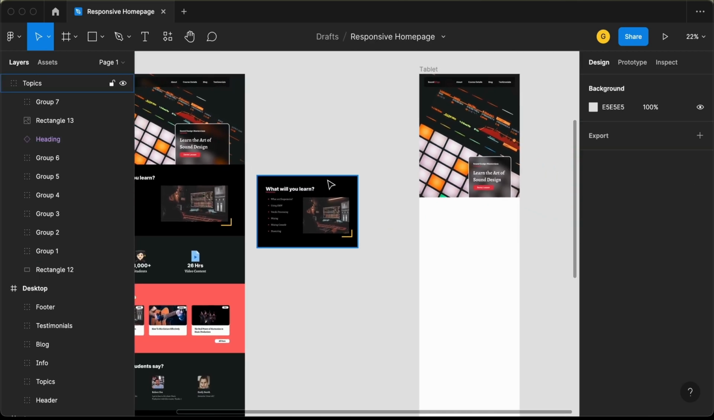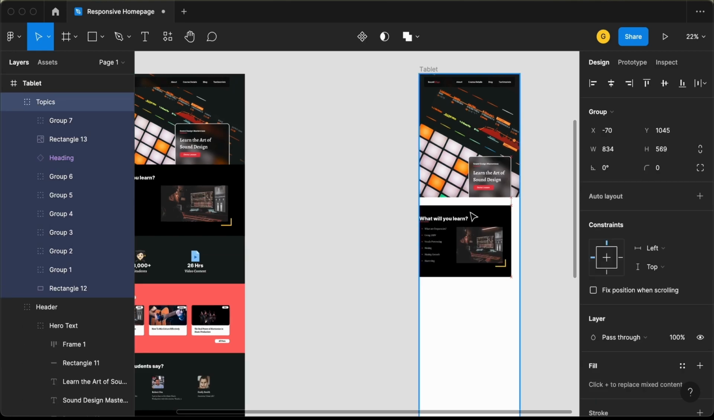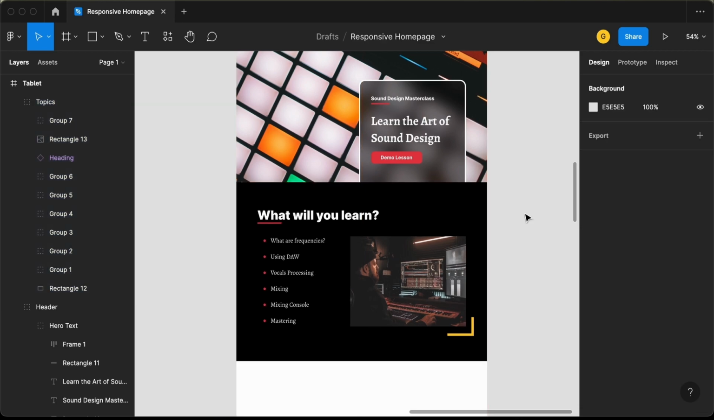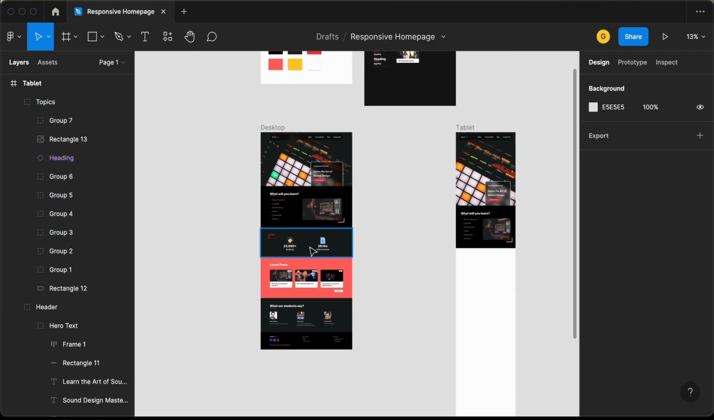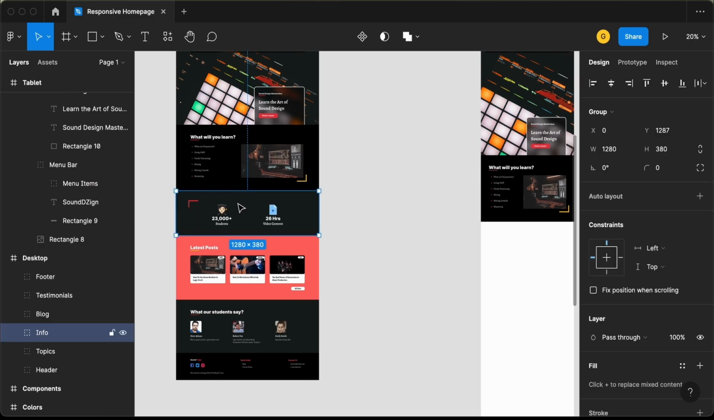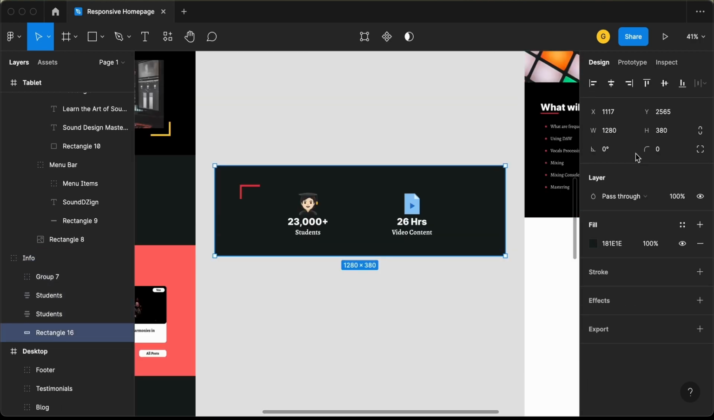Alright, let's drag this into our tablet frame, and let's bring it up. Alright, that's it with the topics section. Now let's work with this info section. So let's press Option and drag it over here, and let's decrease the width of the rectangle to 834 pixels,